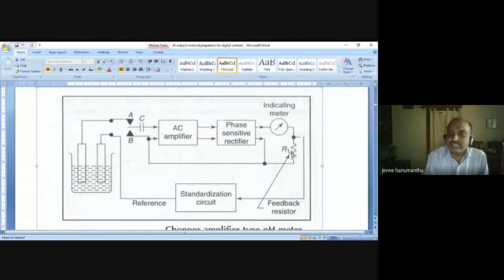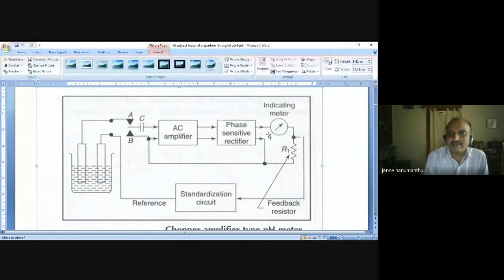These two are given to the indicating meter or measuring instrument, so that this indicating meter directly gives the pH value because it is already calibrated. So this type of measurement comes under the chopper amplifier based pH meter. Based upon the availability of the solution, you can choose a simple basic null type pH meter or a chopper amplifier based pH meter. Okay,